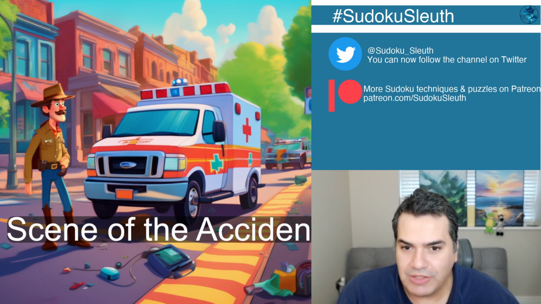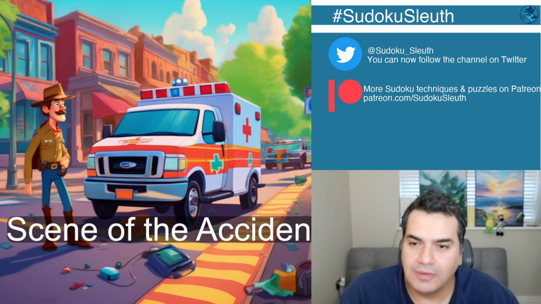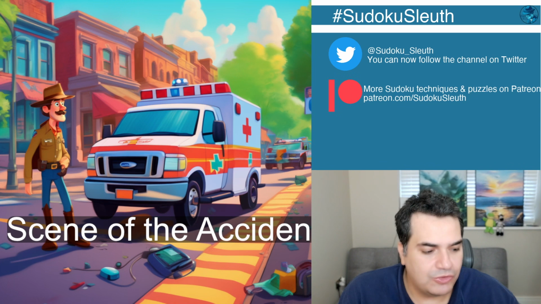One thing before we take a look at the puzzle. So this is a puzzle titled Scene of the Accident. And you can see, finally, we're back to the different colors again, a vibrant thumbnail, as opposed to the line art, which really I'm not a big fan of. It's useful, but it's just a bit bland for my taste. So we've got colors again, and we've got Sleuth, having grown a mustache,